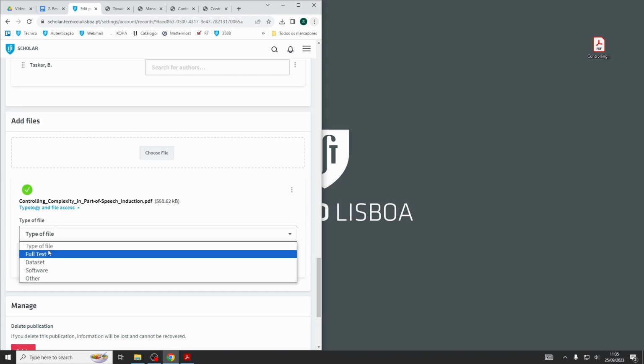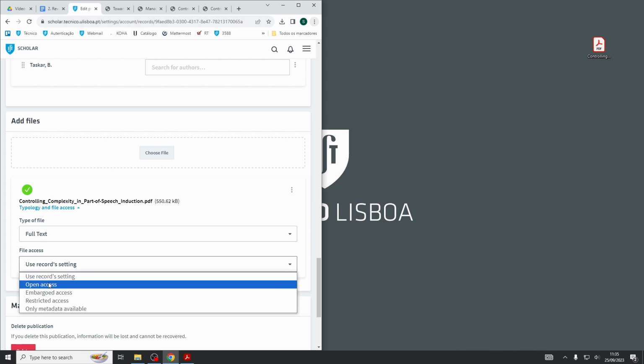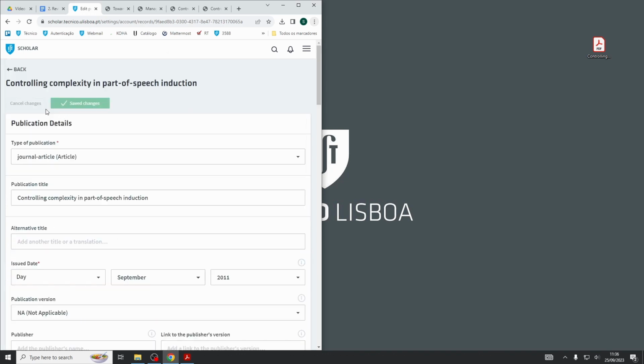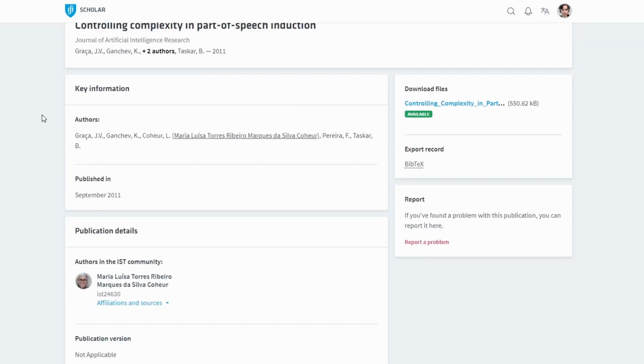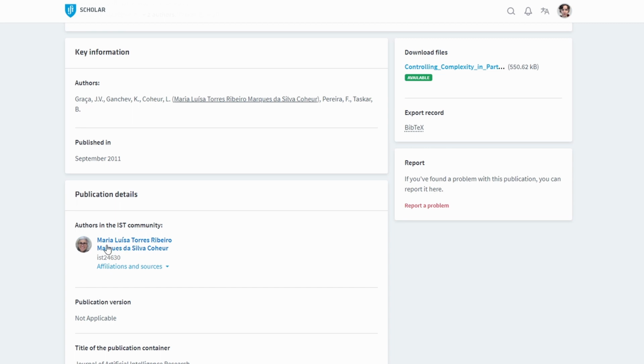We then choose the type of file, full text, and the file access is an open access. We click Submit. We go back to check the publication record, and we see that we have associated both records, and we see the affiliation of Maria Luisa.